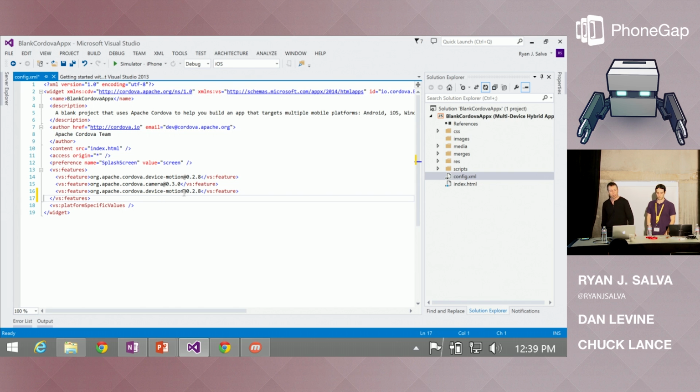We've also got the ability, if you add a plugins folder to the project, to do basic plugin development in VS. By adding the plugins folder, you can add a subfolder underneath, put your plugin code there, and edit it. Behind the scenes we uninstall and reinstall the plugin on each build so your changes show up. With the normal CLI, you have to do that by hand. You can even just grab a plugin off your local file system and pull it in that way.